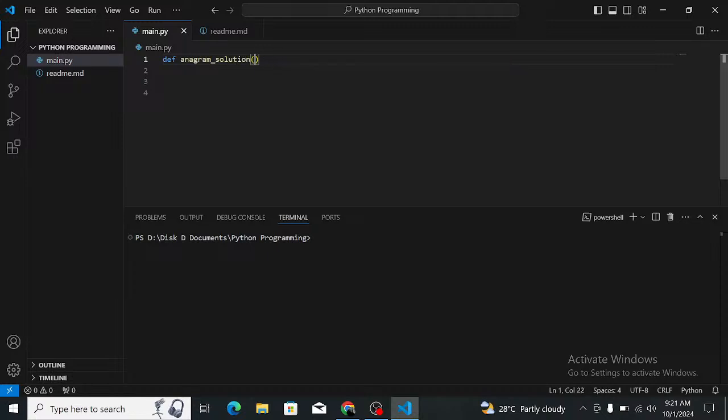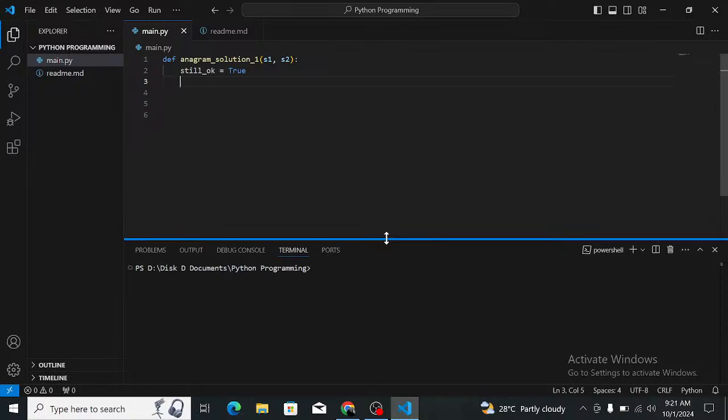This is basically not my code, but I know the logic behind this. So the first thing is we're taking a variable called stillOK. What this is going to do is check whether the lengths of the two strings are equal or not. So let me write some more code and then you'll understand what it really means. Okay,